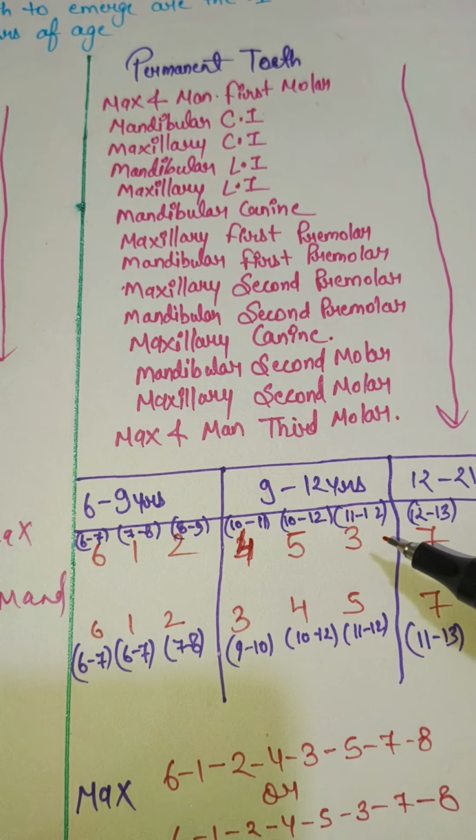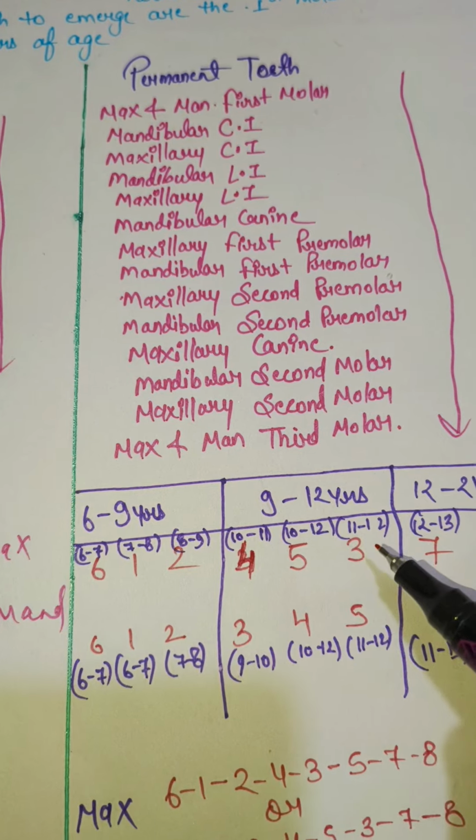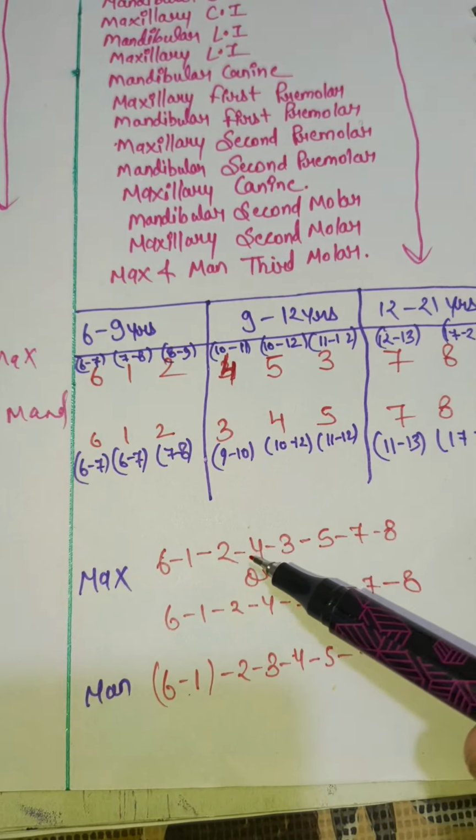To keep the maxillary eruption sequence in mind, just learn the trick of the canine. You have to write the canine after the second premolar, or between the first and second premolar. So here's the sequence: 6, 1, 2, 4,